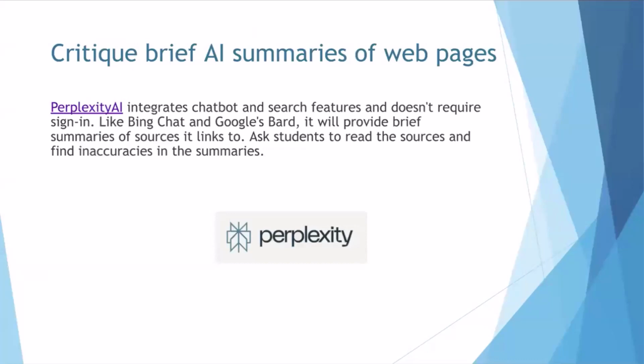So again, in the interest of easy ways to start, Perplexity AI is an AI system that doesn't require login, and it does search the internet, and it also does just generate text. So one thing we can do is have students search for something in our discipline and have them check whether this system is actually summarizing it right. Is it summarizing this article correctly? Or is it distorting the whole concept or emphasizing the wrong thing, right? And sometimes it will.